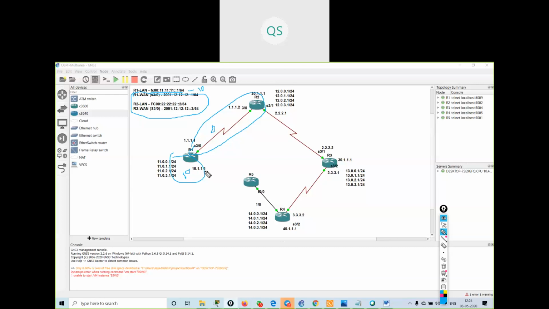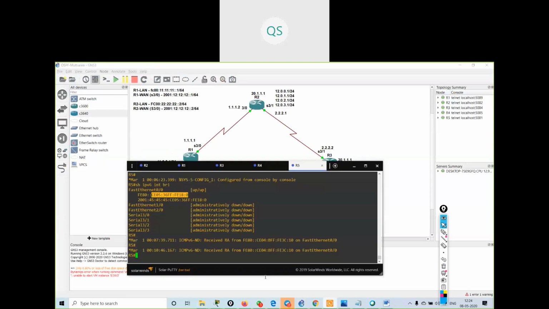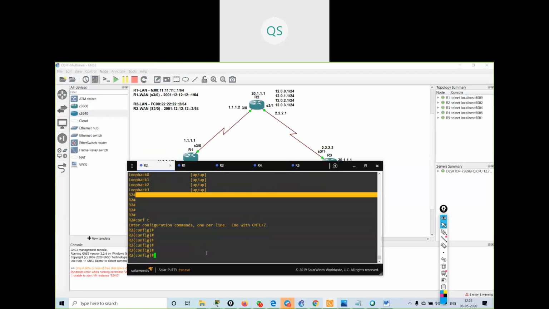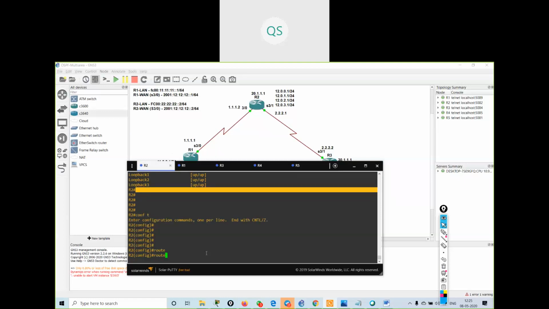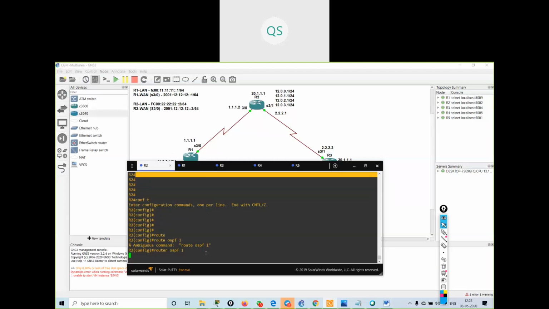The configuration is the same, just the difference is it works with the links, not with the subnets. So I will go on R1. If I want to write IPv4 OSPF, I have to say router ospf and come into the router mode.